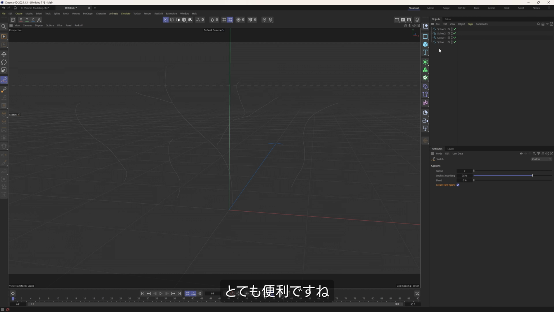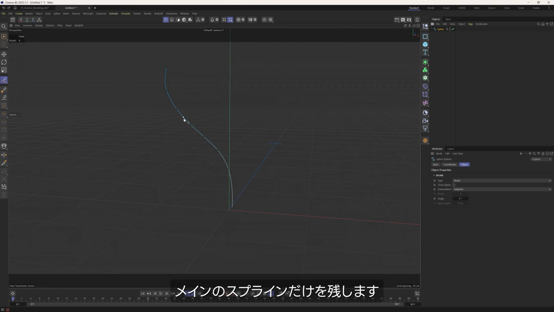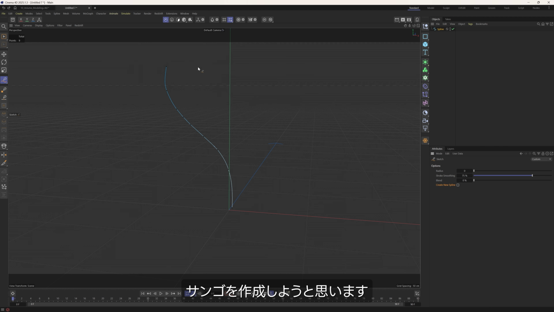Okay, so super handy. But let's actually just undo all that, because we'll stick with this main spline here and go back into our sketch pen options and uncheck this create new spline,